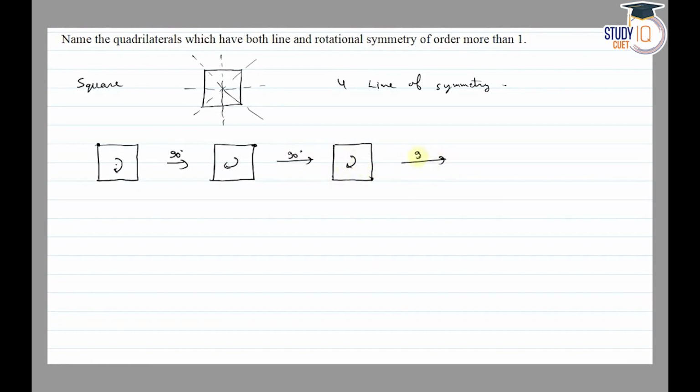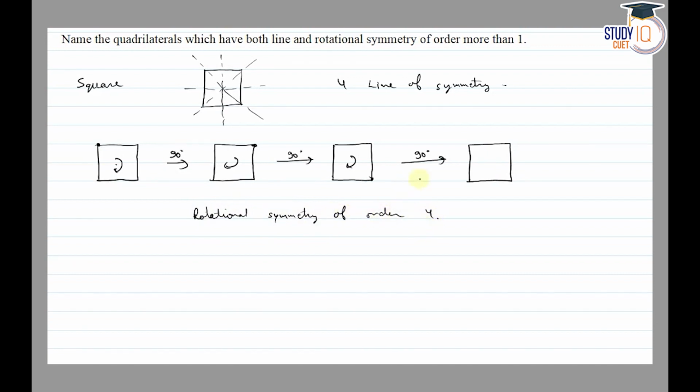So it has exactly same figure after 90 degree rotation. So it has rotational symmetry of order